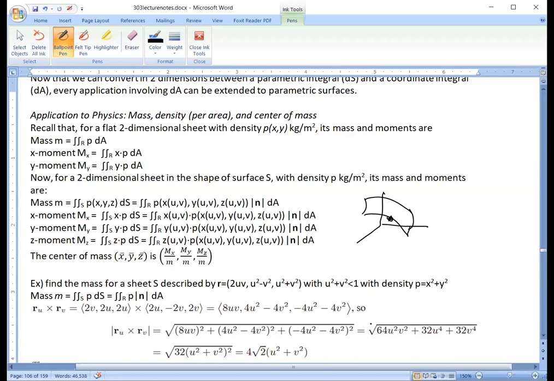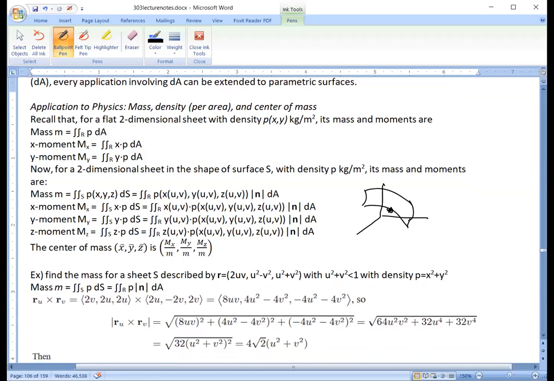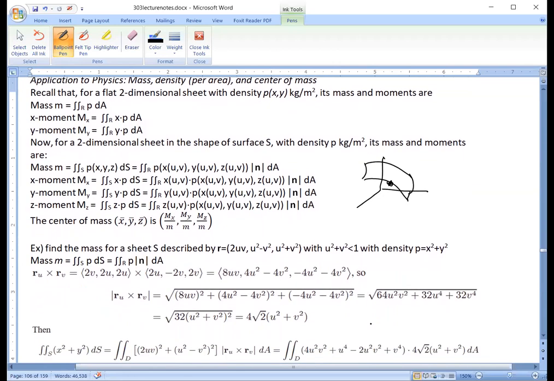So after doing all that simplification, we finally have an expression for the magnitude of the normal vector. So now we can continue calculating the integral. So let's write that all out. So first we need to write down our density function. The density function was x squared plus y squared, which we now need to write down parametrically. So x was 2uv, so square that, and then y was u squared minus v squared, so then square that. So then that all works out to be